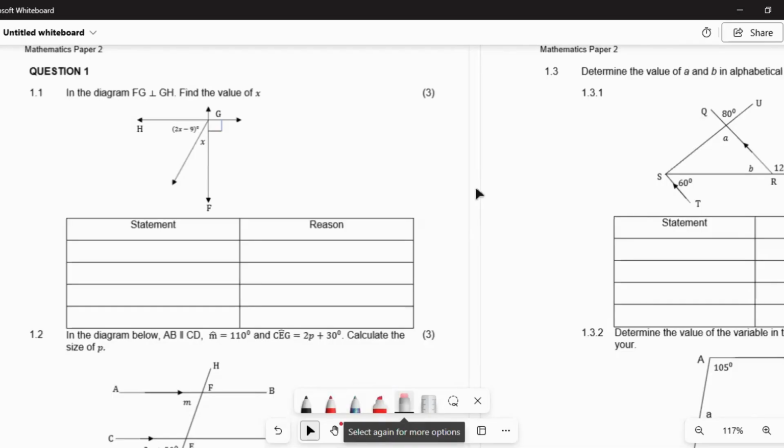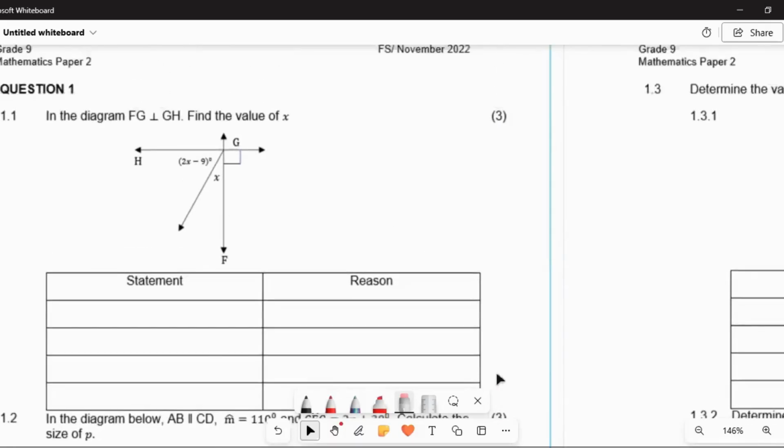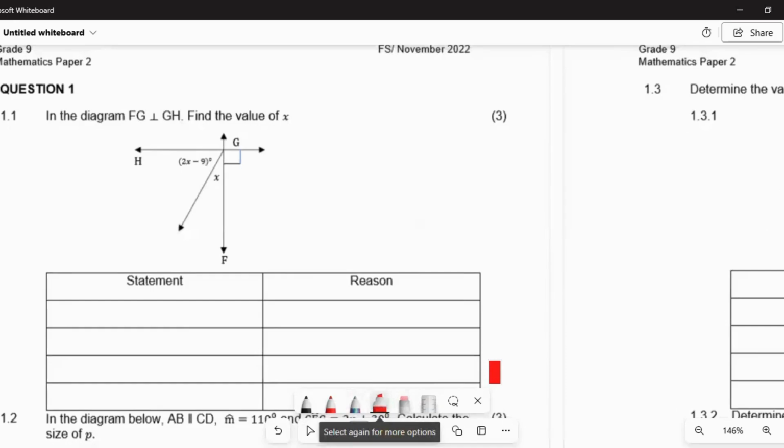As we did this activity today in class, preparing for our September test, I said to you guys I will make the video on this, making the correction. So I would like us to start with it now, so that at least when we meet again, we are a step ahead. So let us start with question one, where they're saying to us that in a diagram below,